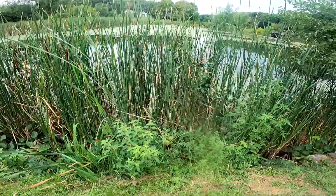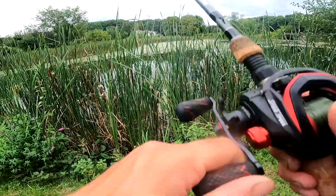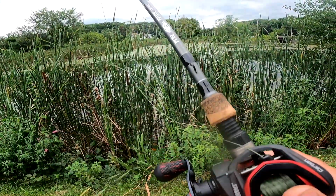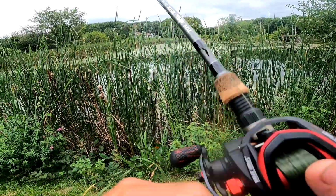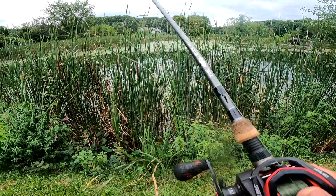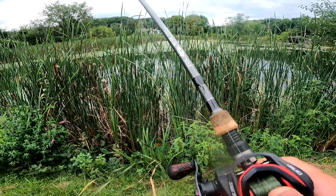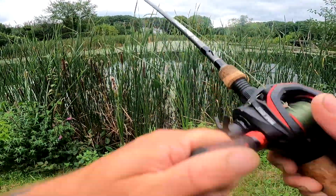All right, bud. Oh guys, about darn time. And basically right there I stayed out of the weedy area. I could actually feel my bait pretty much the whole way in. I think it got covered in a little bit of weeds. I managed to shake them, and then we got our first actual bite since we've been here,